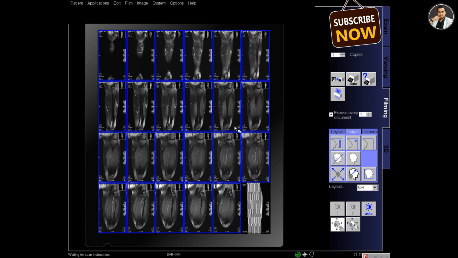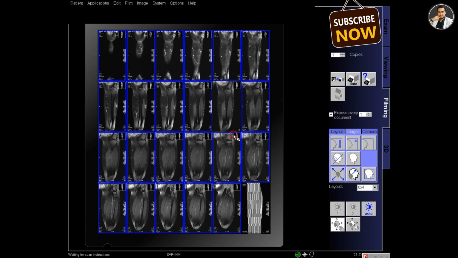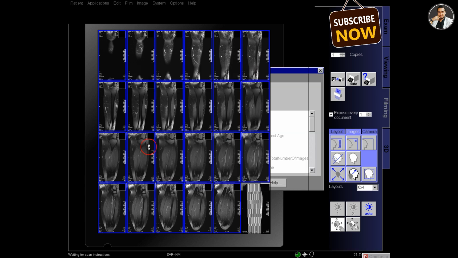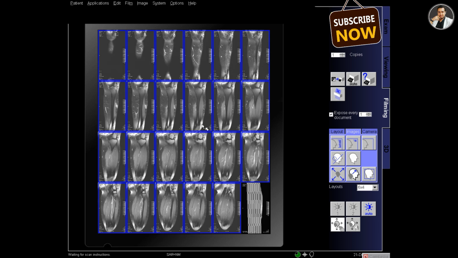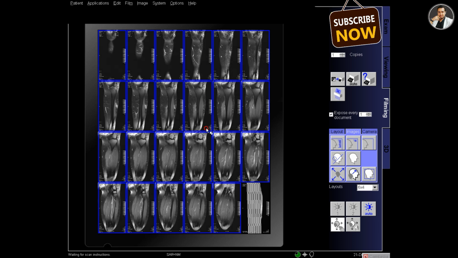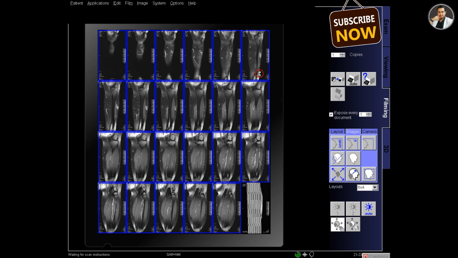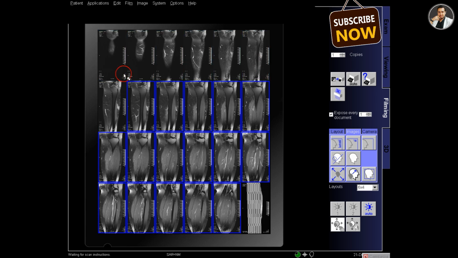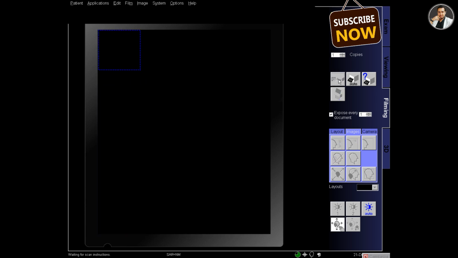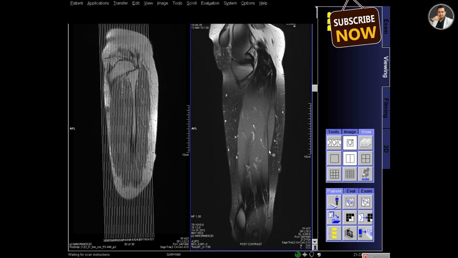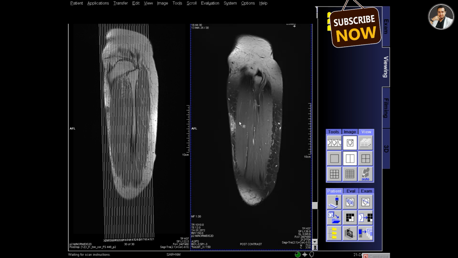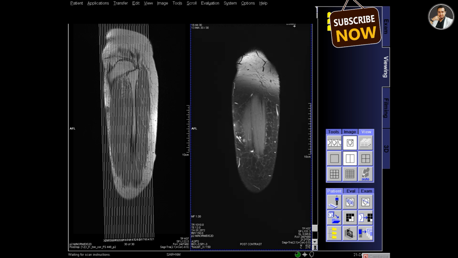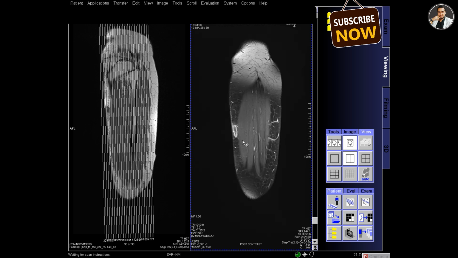So this is T1 coronal fat set post contrast, and take out the reference image from the segments and select series, adjust the window so that the background of the image is black, and print out. Now the only one remaining is the T1 sagittal fat set post contrast. This is the lesion. It will be an abscess.